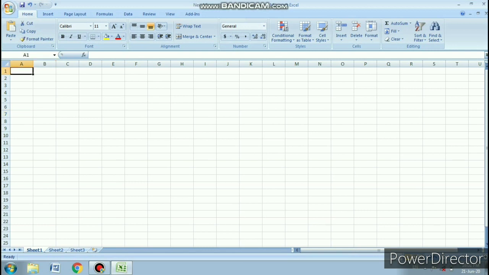In simple words, a cell is a combination of row and column. A row and a column make a cell. So when you want to type anything, keep in your mind you have to click and make the cell active wherever you want your data. Otherwise all the data will go in a single cell.